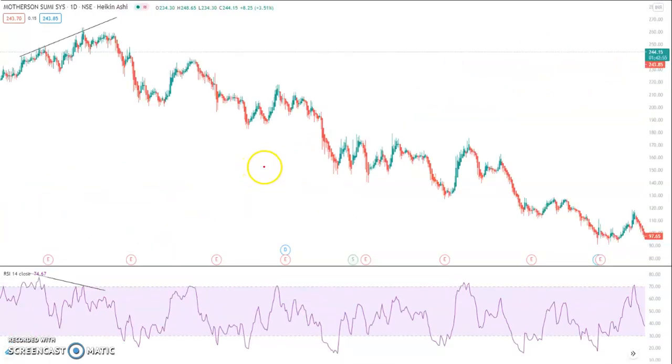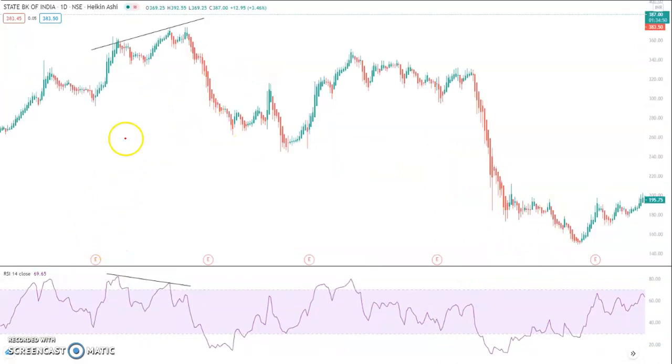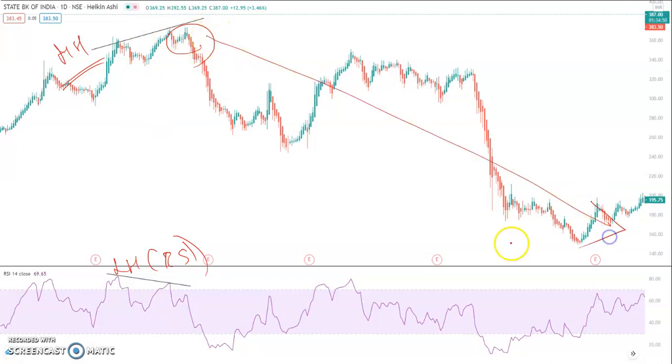And this is for the bearish divergence, where we have a higher high which is not supported by RSI, so we have a lower high in RSI. There is a reversal in the trend. Take a position here and then ride the trend. Simple. So one more example for bearish divergence: higher high and then a lower high in RSI, trend reversed. See how long the price went down.